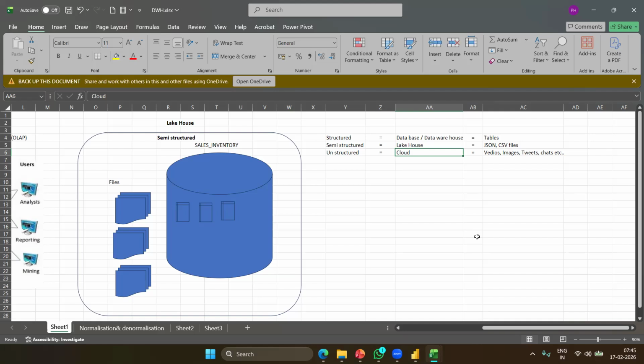Suppose someone is chatting on Facebook, or the tweets on Twitter. They don't have a proper relation or anything. Someone initiates one chat window and people would be posting on it, or many people put emojis, images, and all those things. So we need to analyze all those things because every item is part of a response.